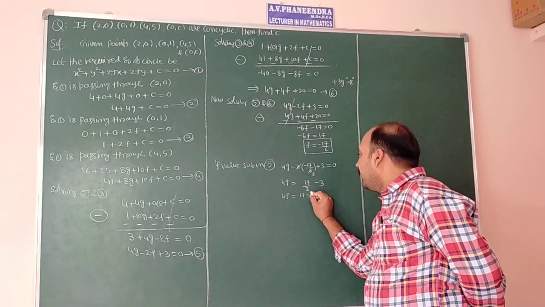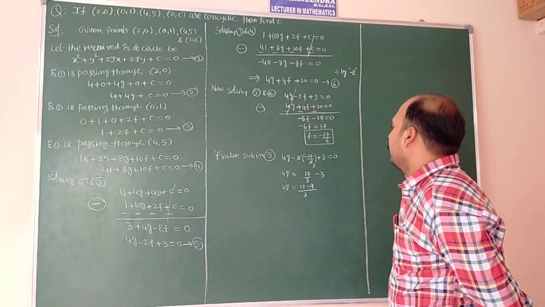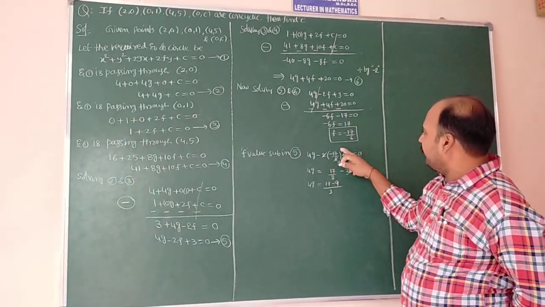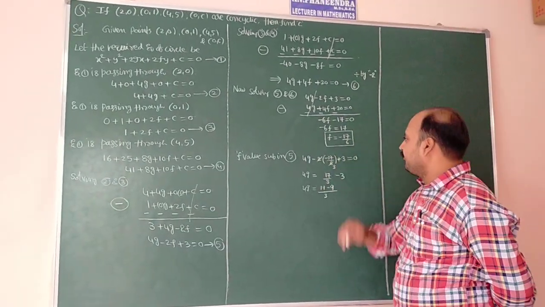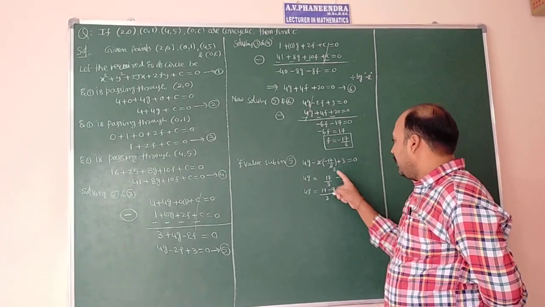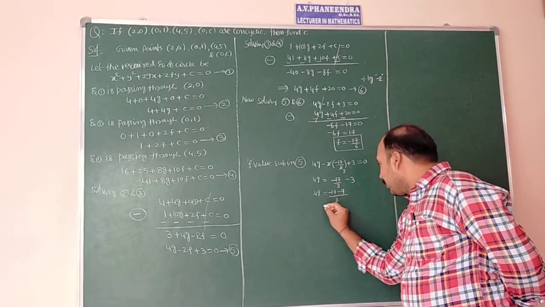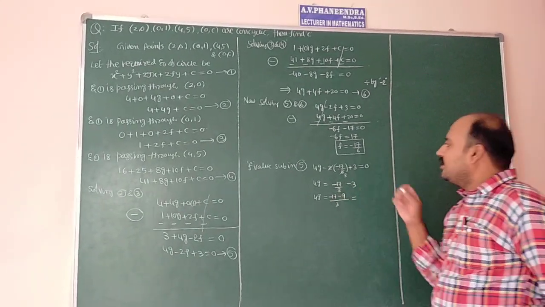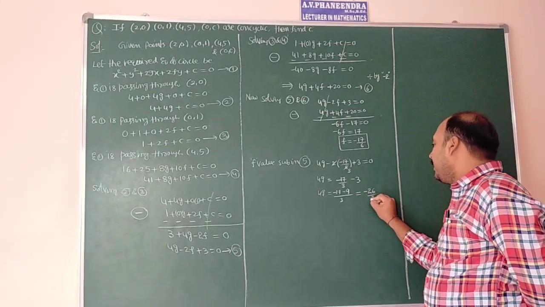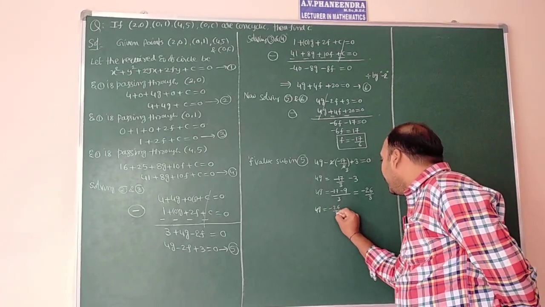How much are we going to get here? Divided by 3. Is it 17? 4z minus 2f, f value is minus 17. 2 ones are 2, 3 threes are 3. 4z equal to plus 3, we can take this side minus 3. Minus 2 into minus 17 by 6, we can take this side minus 17. So that is equal to minus 17 minus 9. Minus 26 divided by 3. So 4z equal to minus 26 by 3.